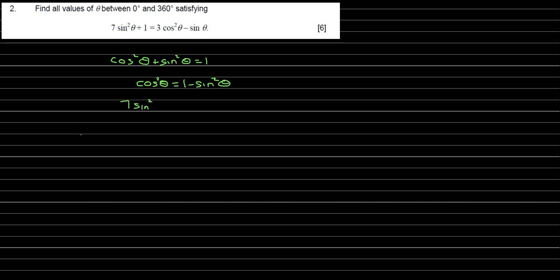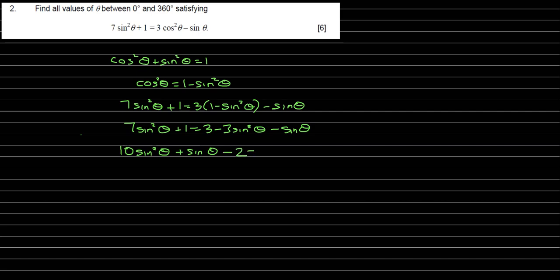So 7 sine squared theta plus 1 equals 3 (1 minus sine squared theta) minus sine theta. Ensure that you put this in brackets, otherwise you can have problems. So if we expand those brackets now, 7 sine squared theta plus 1 equals 3 minus 3 sine squared theta minus sine theta. So if we move everything to the side that's going to make the squared term positive, that will be the left. We've got 10 sine squared theta plus sine theta